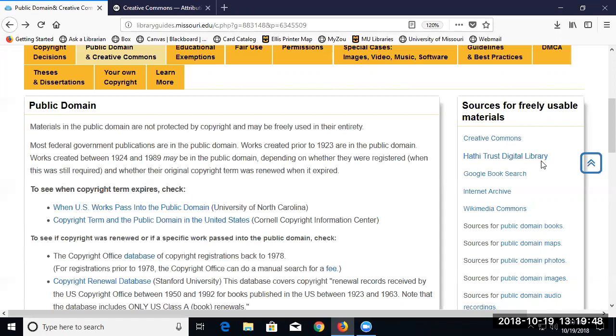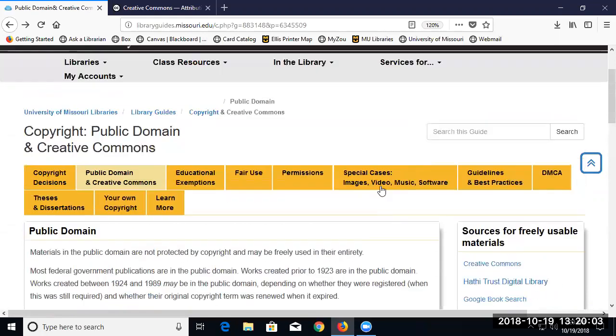but then for those things in that middle ground, they are actually investigating item by item. Has the copyright been renewed? And if it has not been renewed, the item is passing into the public domain, and they're making it full text available so you can see it. So that's a pretty reliable way to tell if something's freely available or not.